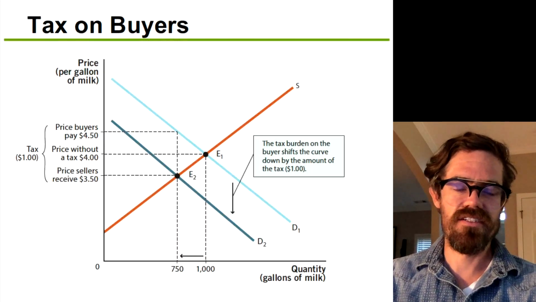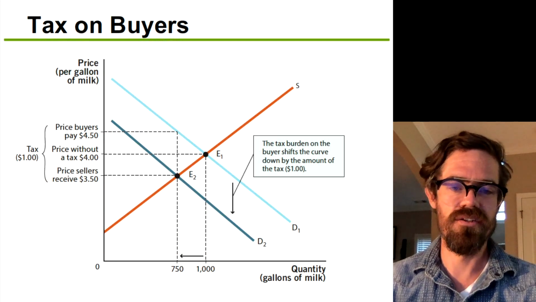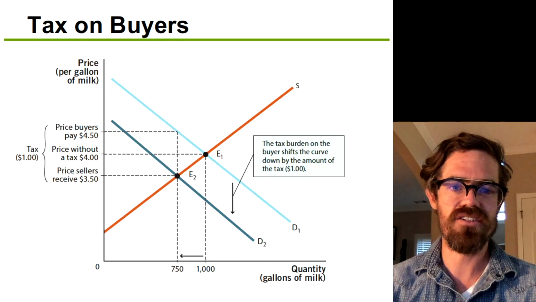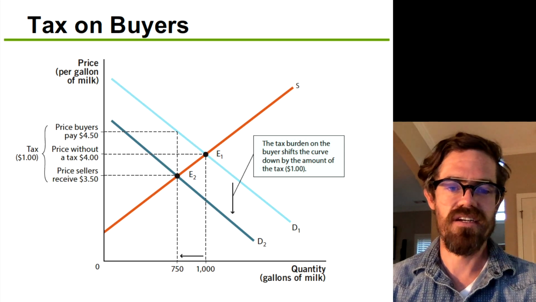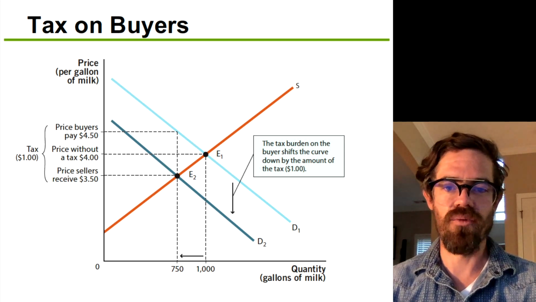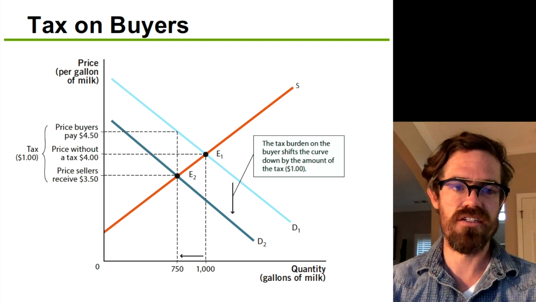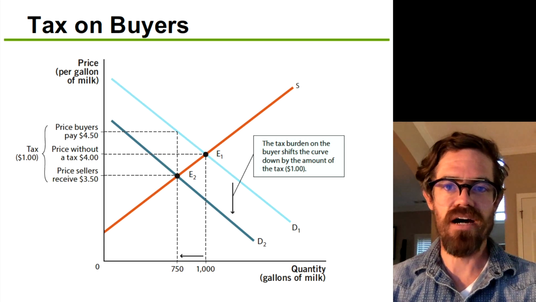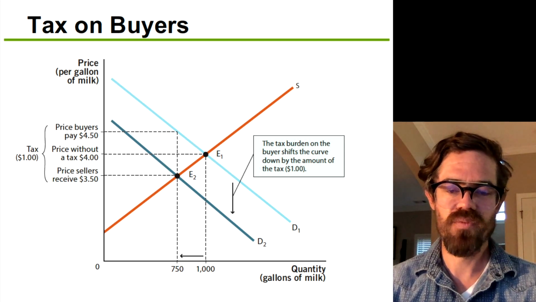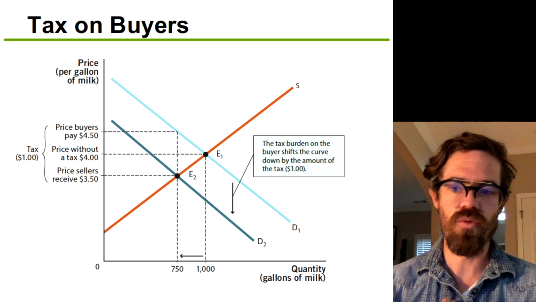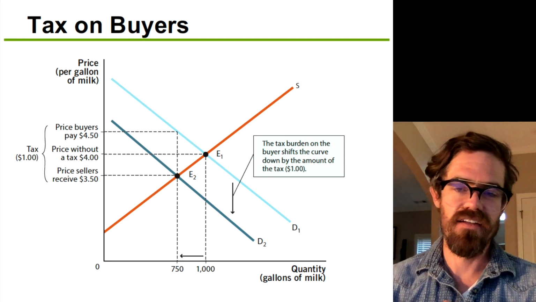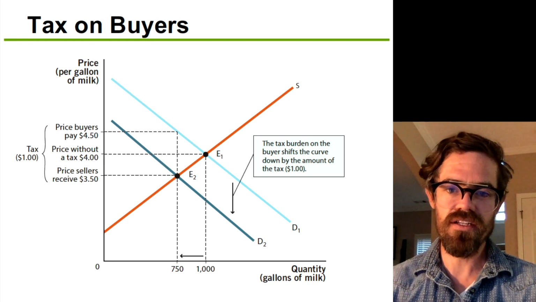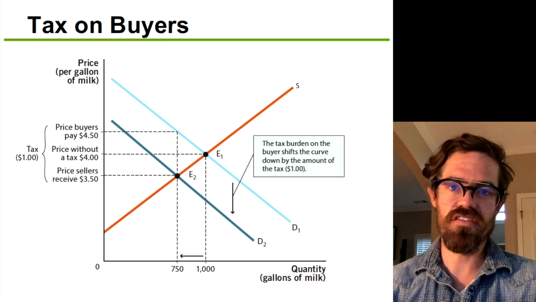All right, so let's think about this and how we can use this in our model, right? So in our supply and demand model. So we could think about a tax on buyers as a decrease in their willingness to pay, right? So a dollar tax on a gallon of milk would reduce buyers' willingness to pay by $1, right? So maybe I'm willing to spend $4 on a gallon of milk, and if the government's going to charge me $1 for a gallon of milk in terms of tax, then really what that does is shift my willingness to